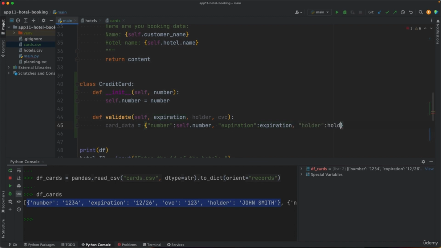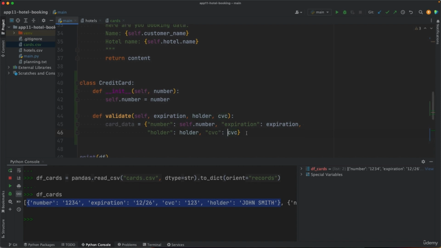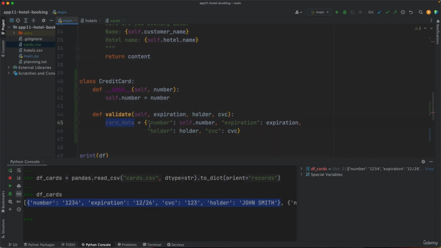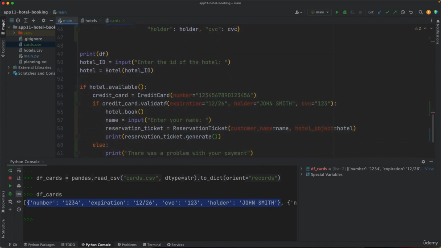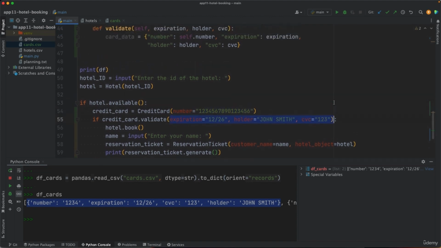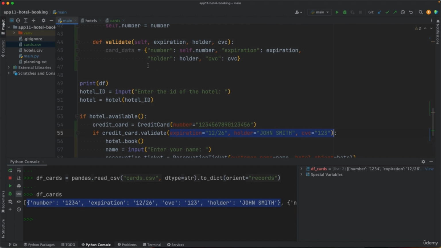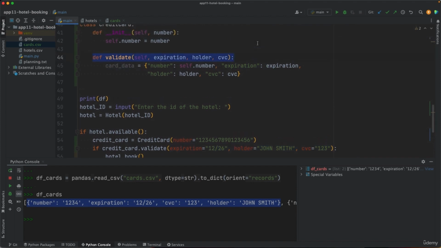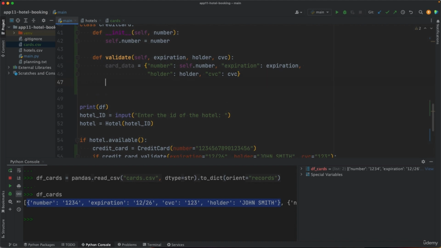Holder, CVC. Let me split this because it's too long, just for readability and following the PEP8 style guide. So once I have this data as a dictionary, I get the data from the user, right? I get the number in here, I get the expiration, holder, and CVC in here, and then these are transported to here, and then we create a dictionary, and then we say if card data in df cards,